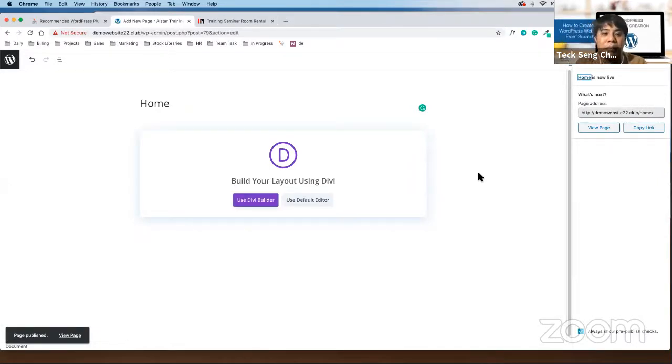Create your own home page. Go back to your backend, create a home page. To create a home page, go to pages. Click on add new. Pages, add new.